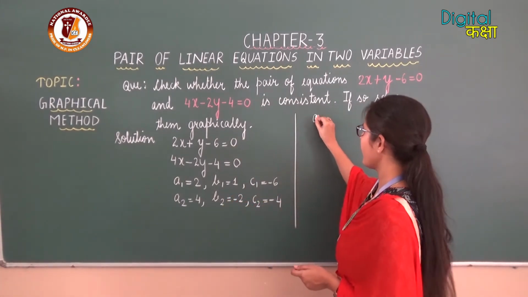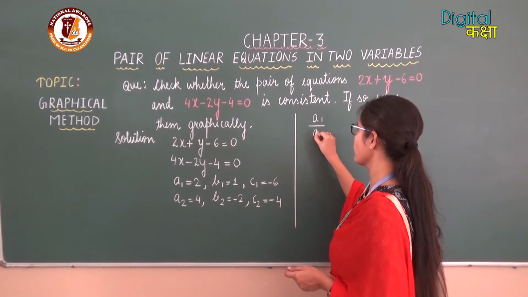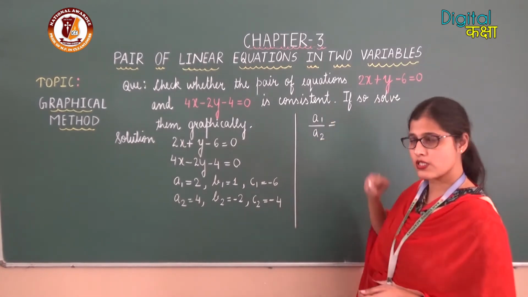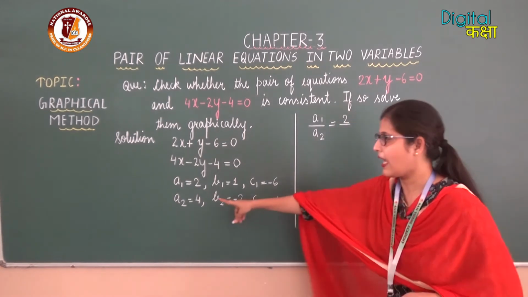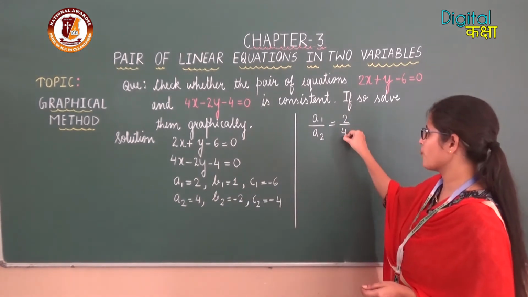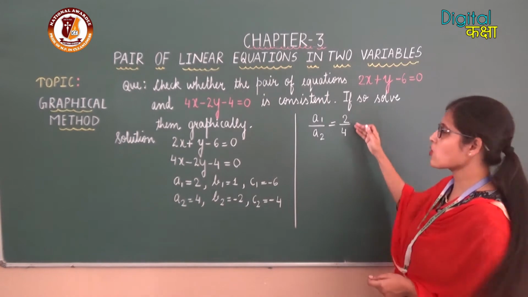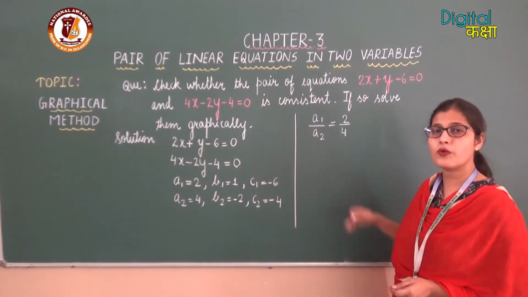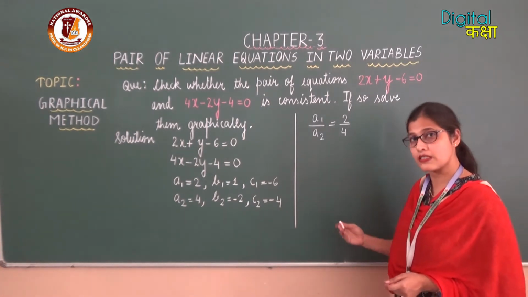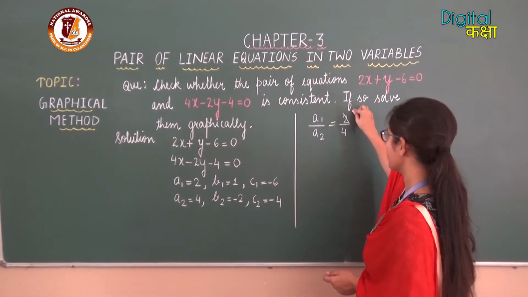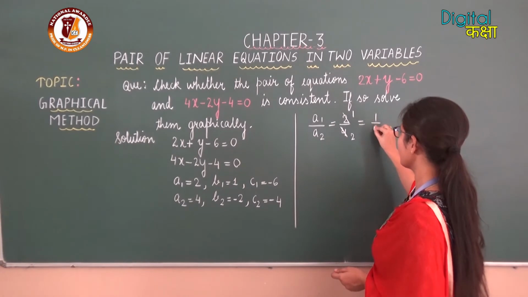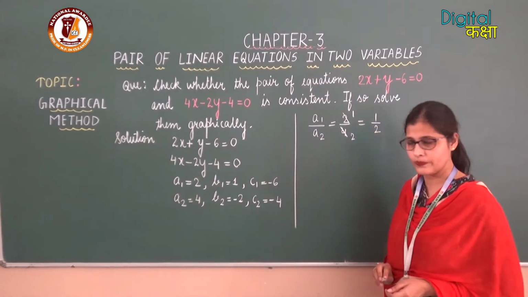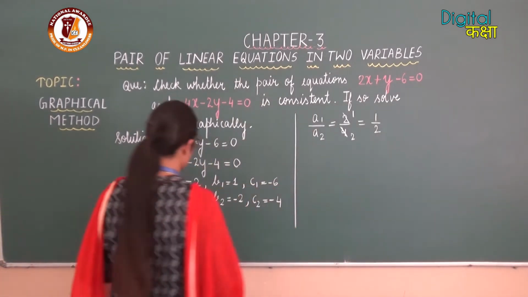Therefore, A1 upon A2 will be equal to, what is the value of A1? 2, and the value of A2 is 4. Since it is not in the simplest form, we will convert it into the simplest form. Therefore, 2 ones are 2 and 2 twos are 4. The ratio will be 1 upon 2. Now in the second part,